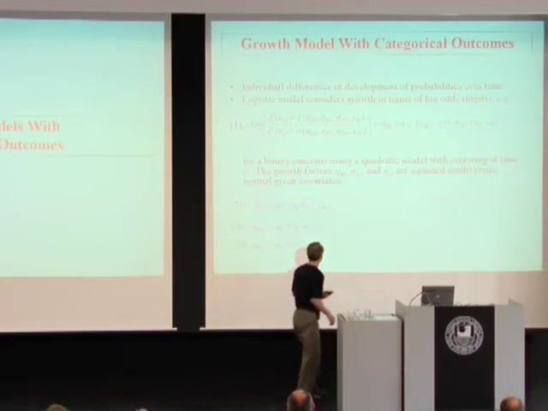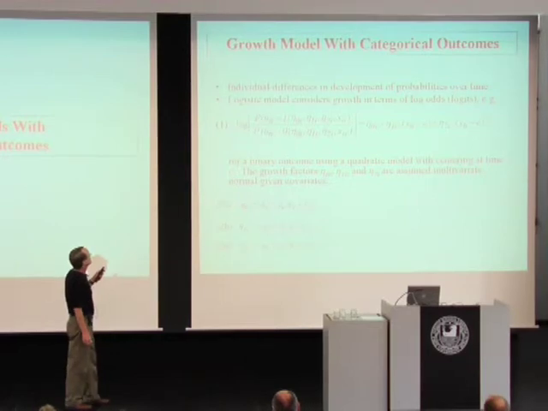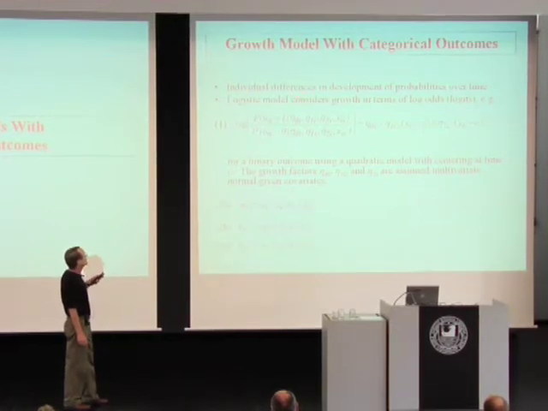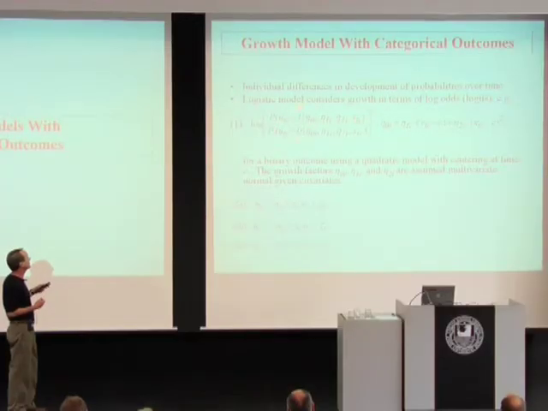So you have this formula page here, and we're talking now still about individual differences in development over time, but now it's differences in probabilities over time. So an individual has different probability of engaging in an activity at different time points. But we're going to still work with the logistic model. So a logistic model deals with the log of the odds. So log of this probability ratio, u equals 1, u equals 0,